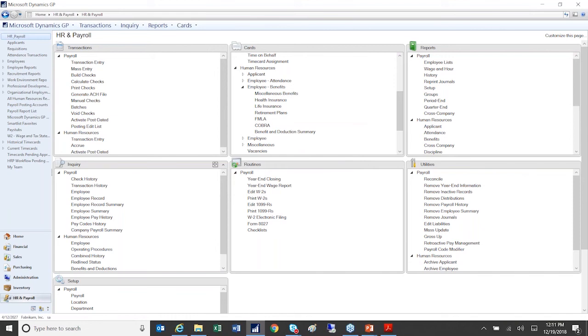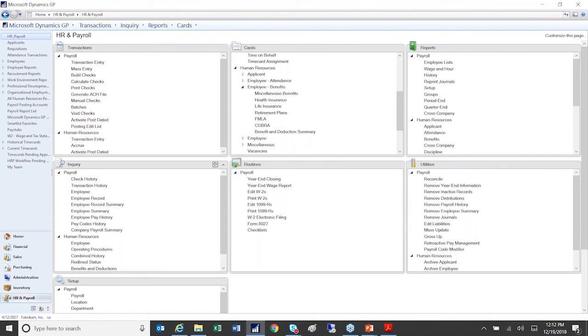And then we do have a note in our manual. I just want to point out that it is possible to test your W-2s before closing the year. As long as you don't have a payroll in process, it is possible to run through this process. So you create your year-end wage file, and then you could look at your W-2s and do some test printing first, if you need to, to build the confidence that your W-2s